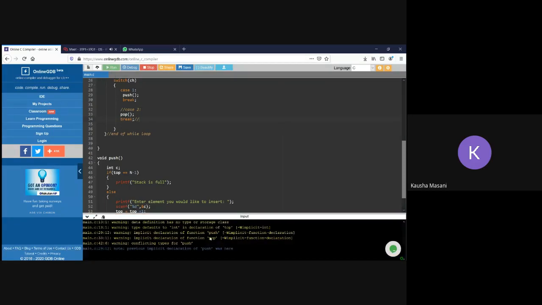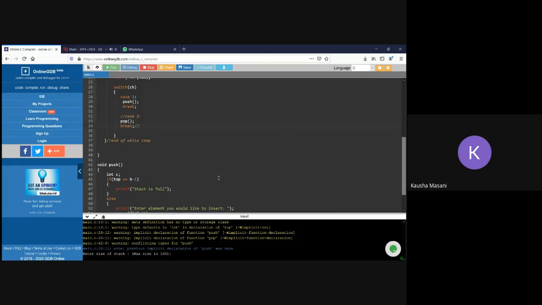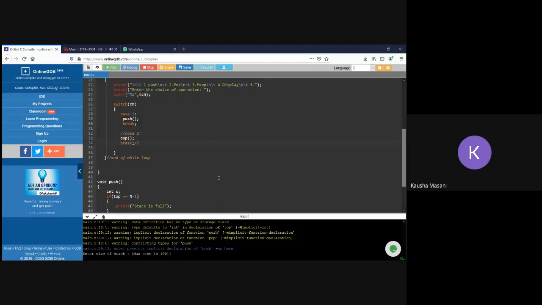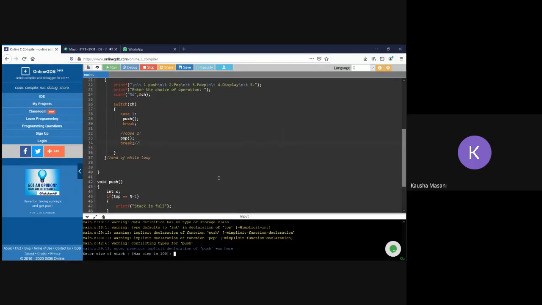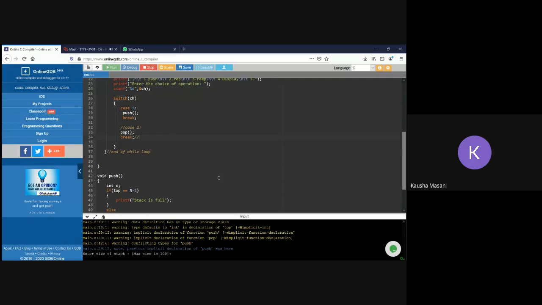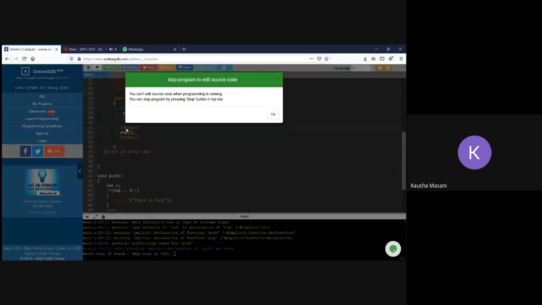Wait, Yasin, you have not commented correctly. You just commented case 2. Pop and break are not yet commented. So if you want to do a multi-line comment, it will be forward slash and star. And at the end, it will be star and forward slash.